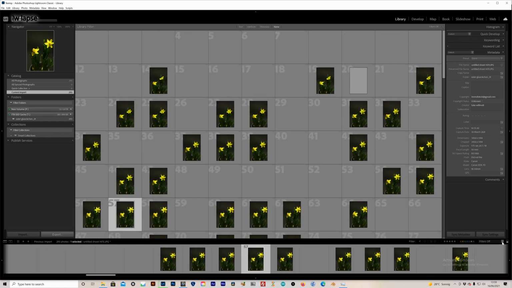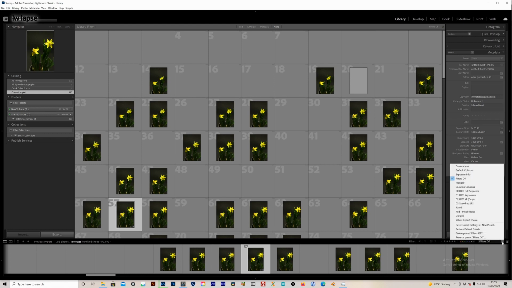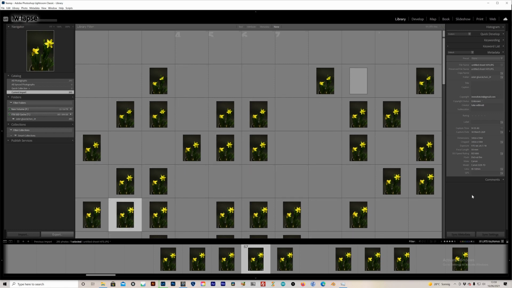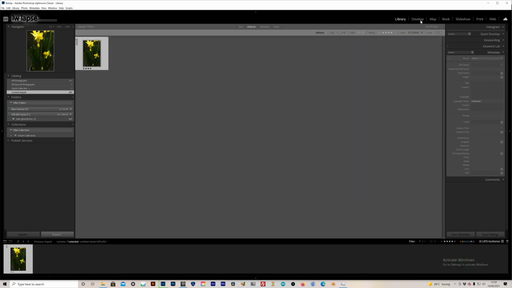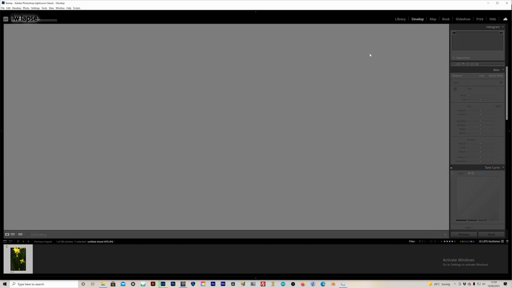While it's importing the images, I can already filter for keyframes. Then hit the develop button.